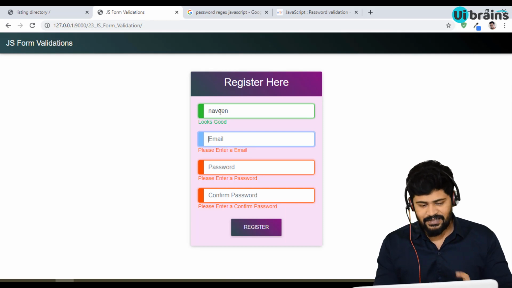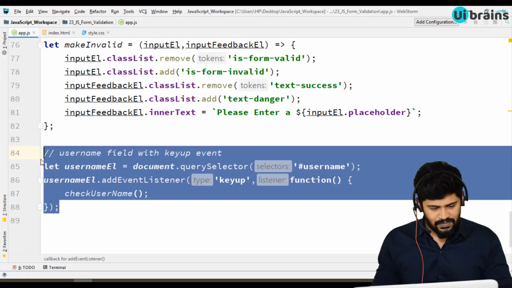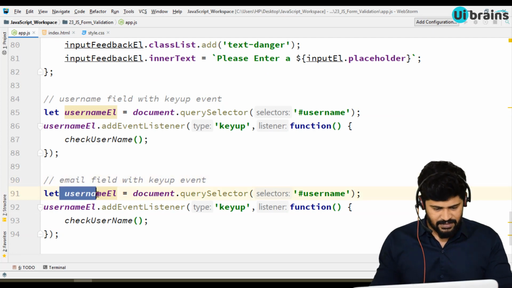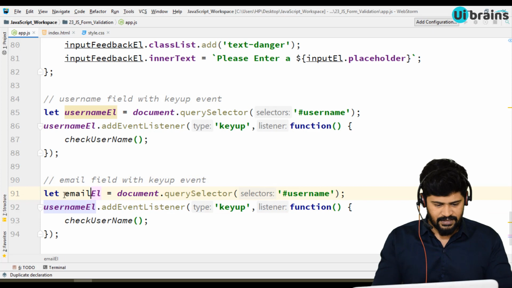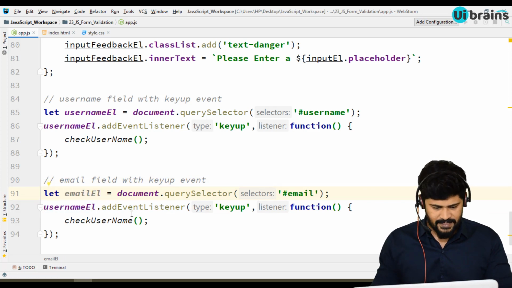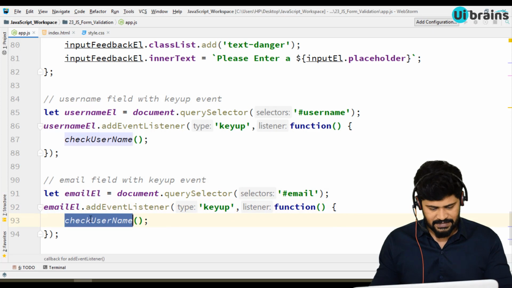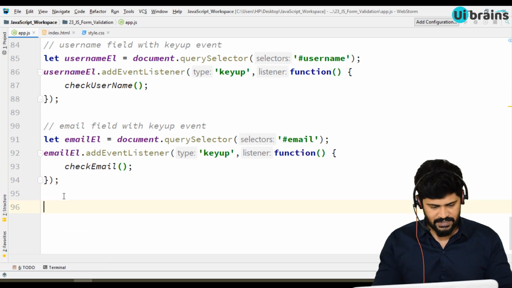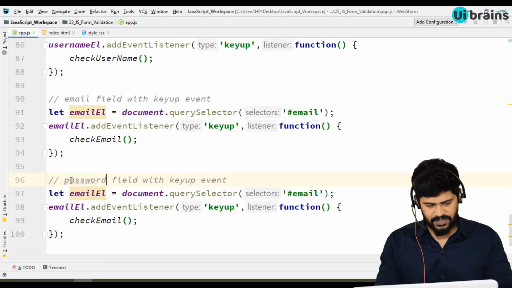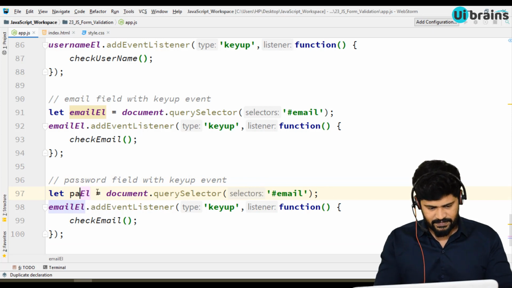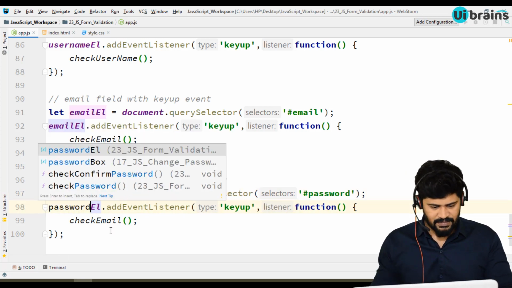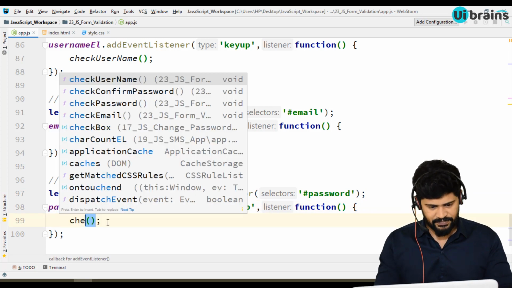Nice. Let's make it for all. So copy this. This is going to be the email, and this is the email element. This is the email, and emailElement keyup. Let's make check email. Okay, let's make the same thing for password and confirm password. So for the password field, let's make passwordEl, #password, and this is going to be the password element, check password.